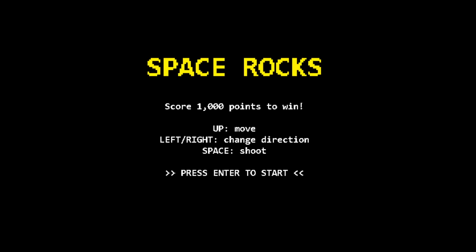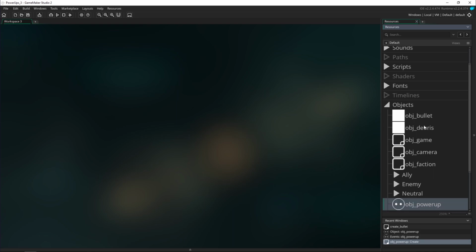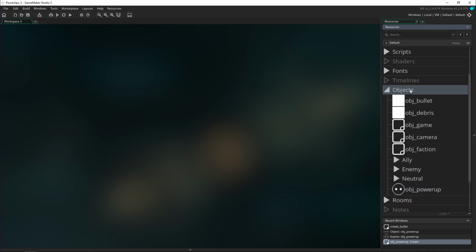Hey everyone, welcome back. So we're going to be finishing up with our power-ups in this tutorial. We've already set up the invincibility and the guns, and now all that's left to do is the laser power-up. And this one will be a little bit different to our other guns. We're going to be using some totally new functions and types of collision, and we're going to set up that